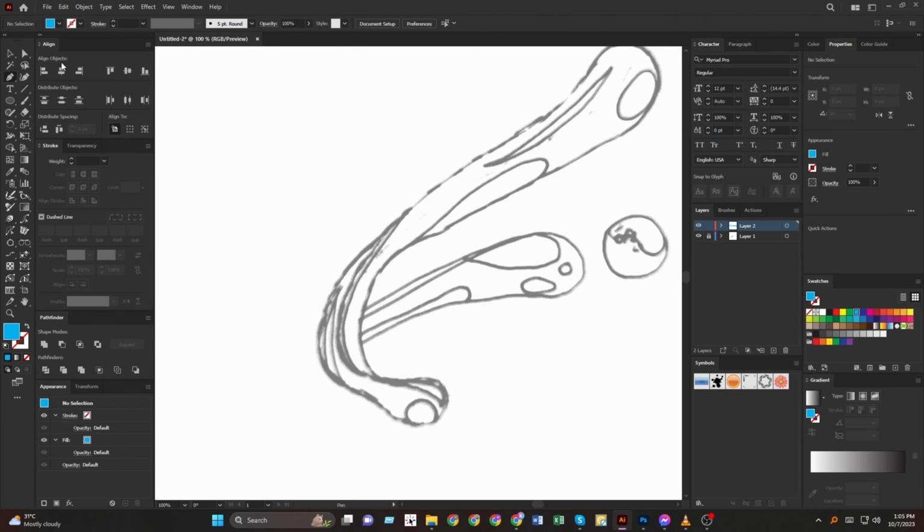Now, I use a pen tool. It's some hard. Then it's some rounded.